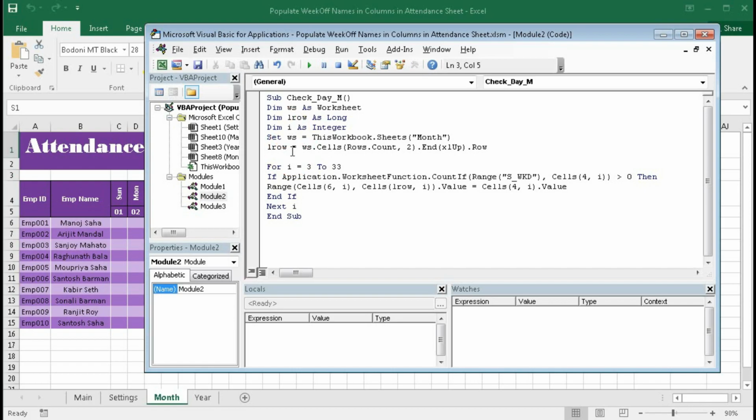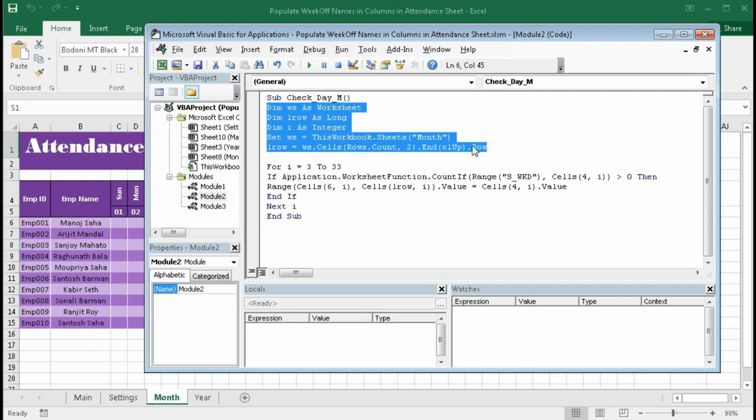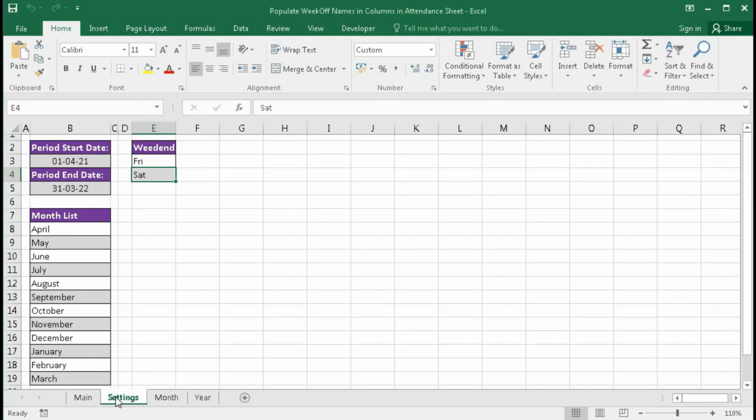Here you can see I have given this code the name checkday_m, and we have declared the variables the same as we have seen before, but here the code is something different. We have a setting page. Here we have given the names for the week off and created this range with a name.